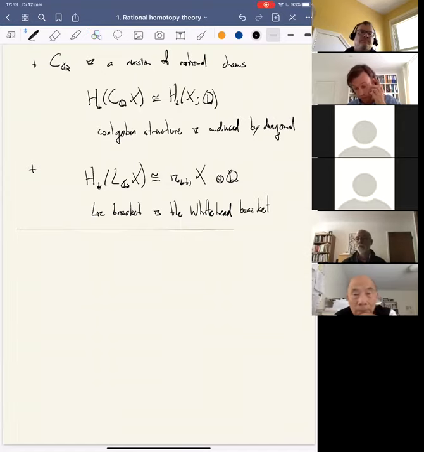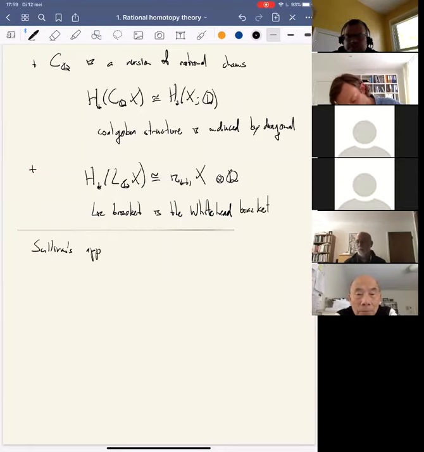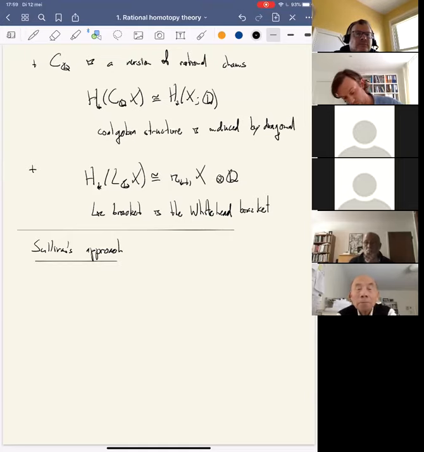What I want to do is, rather than delve further into this or try to explain why it's true, I want to talk a bit about Sullivan's approach, which is very concrete and very well suited to calculation. Okay, so what Sullivan did is, I don't know, maybe he looked at Quillen's paper and thought, oh, these functors are too complicated, there's got to be something better. I don't know how he came up with it, but what he does is he constructs a very direct